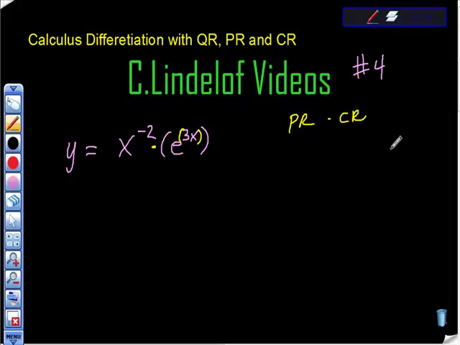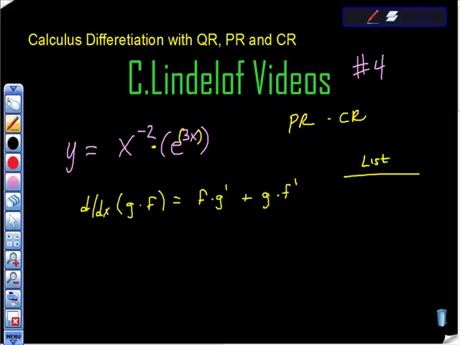So what I'm going to do is start putting my pieces together. We know to use the product rule, right, that d/dx of one function times another function is equal to the first function times the derivative of the second function plus the second function times the derivative of the first function. So we need all these parts, so I'm going to make my list over here. So here's my list, and the first function, f of x, is going to be x to the negative second